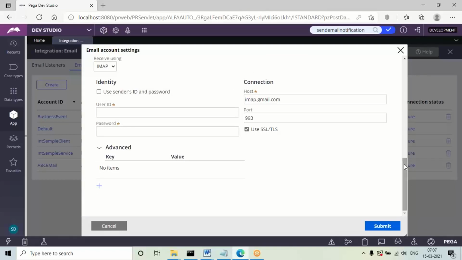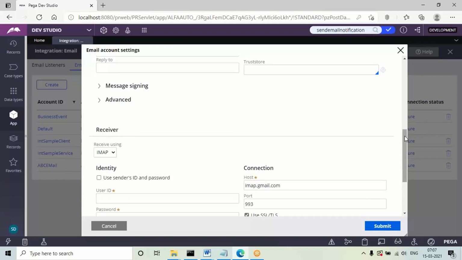See, receiver information also. The sender information we are going to configure is to whom the receiver, that is, to whom we are going to send the notification. So we don't have any idea. The system will take those details automatically. So the only thing is we need to enable this checkbox. It should not be empty.